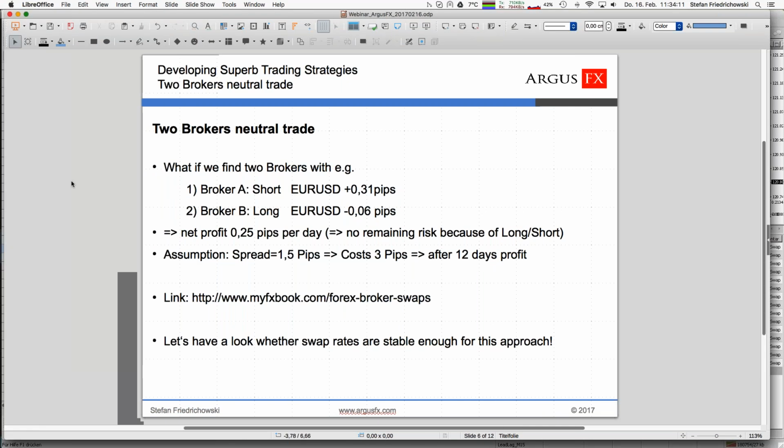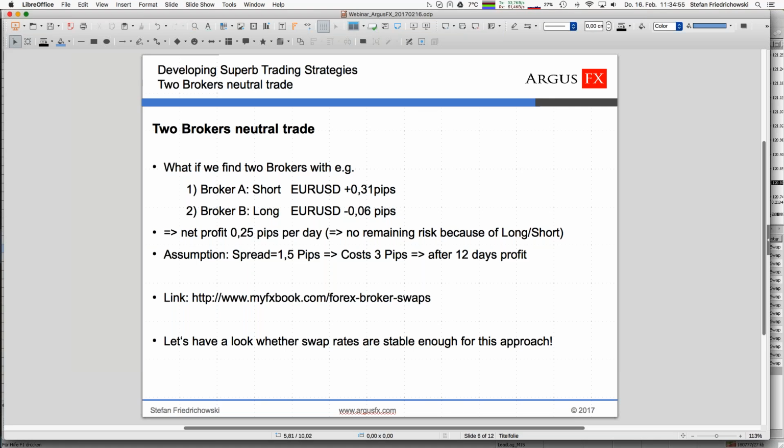So in principle, that does mean it sounds possible, at least what I have found out up to now from those tables. Going more in detail would really mean opening live accounts at those brokers, and then really looking, do they charge exactly those values as published, and so on. So there are still some question marks, but it sounds possible. There's still one condition here, and that question I cannot answer right now. How stable